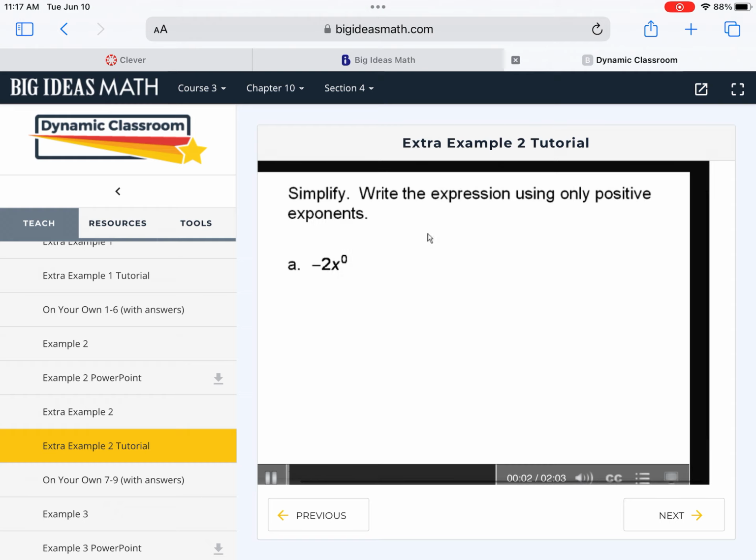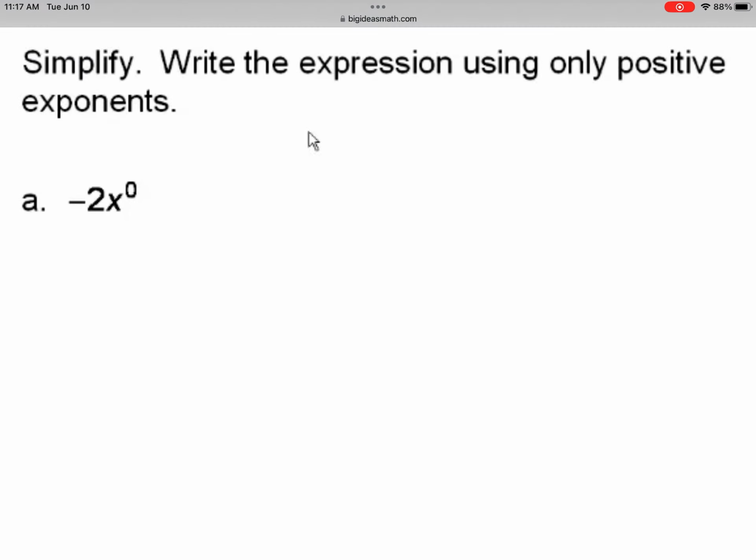Simplify. Write the expression using only positive exponents. In this example, the expression is negative 2 times x to the 0 power. We will use the definition of zero exponents to simplify. Keep negative 2 because only x is raised to the 0 power, and multiply by x to the 0 power,